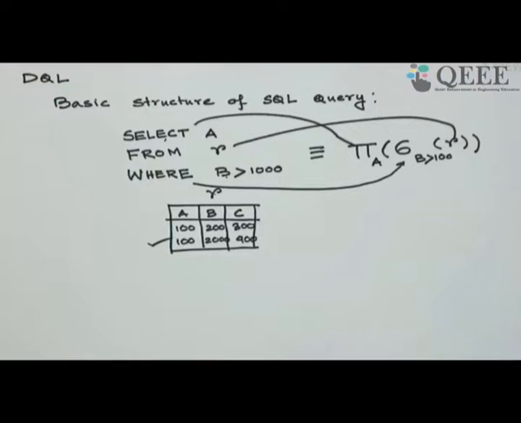I have another question. What is the difference between a schema and an instance? As I have told you in the last class, a schema is a template. It is only the definition of the tables. What are the attributes the table contains? What is the set of tables? Whereas instance is the value of the rows that the different tables have. So the instance will change from time to time, whereas the schema is designed in the beginning before you use the database. It may be revised, but it is defined in the beginning. Okay, so let me come back to this definition.